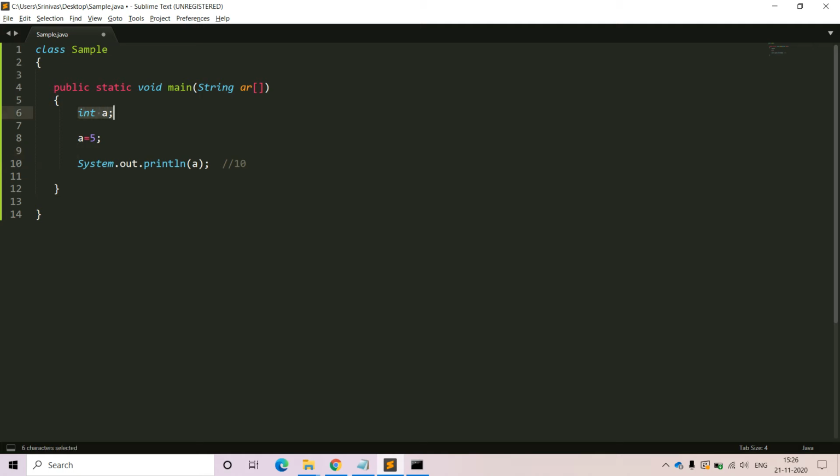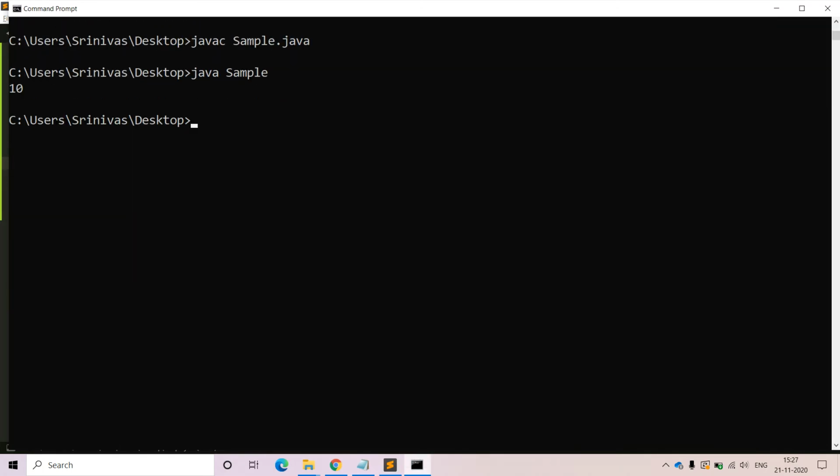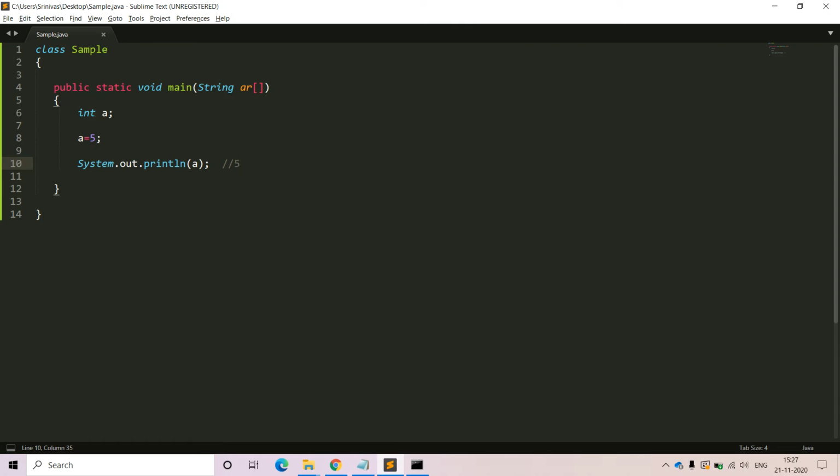At the time of declaration of the variable, we did not assign the value. There is no problem at all. But before going to use it, I have some value available with respect to the a variable. Due to that reason, we are going to get the value 5 now. Try to check it. javac Sample.java, java Sample, 5, that we are going to get as an answer. And likewise, at the time of declaration of the local variable, it is not necessary to assign some value, but before going to use it, we have to assign some value. That is the thing that you have to keep in your mind.